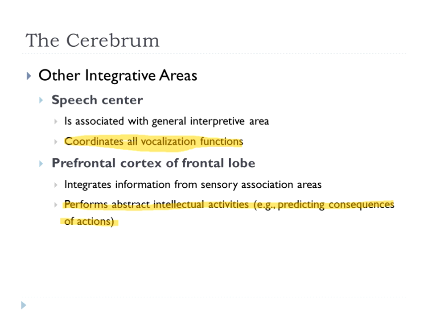The prefrontal cortex of the frontal lobe integrates information from the sensory areas, and this is really cool. That prefrontal cortex is a really cool part of the frontal lobe because it performs those abstract intellectual activities. So predicting the consequence of actions, that if I don't press the brake on my car in enough time while you're driving, not while you're thinking about driving, but while you're driving, I will be too close to the semi-truck, and I may slide into it. So predicting the consequences of those actions is part of this prefrontal cortex.